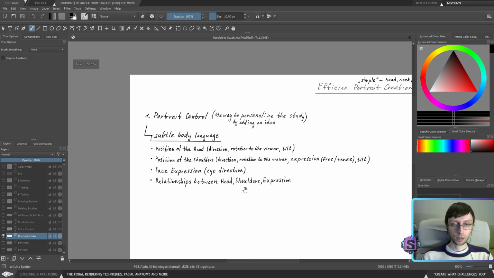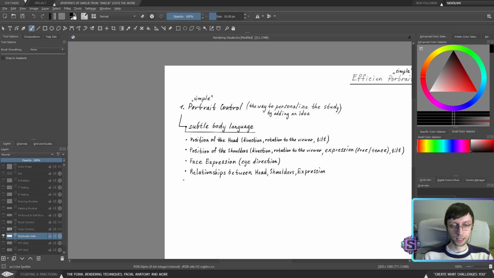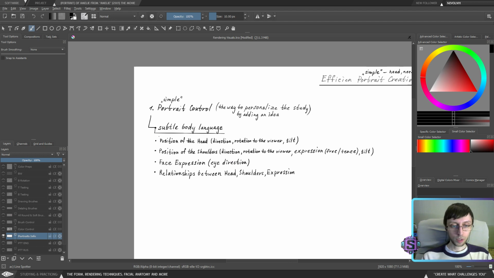So, again, we covered the portrait control. This is the way to control portraits, simple portraits. Let's just establish that it's simple portrait control, because complex portrait control is going to have an additional element to it, which is going to complicate things a lot. It's going to be one small element, but it's going to be super important, which we're going to talk about once we start to deal with complex portraits. For now, we're going to work with simple portraits. Again, we will start with simplified things.